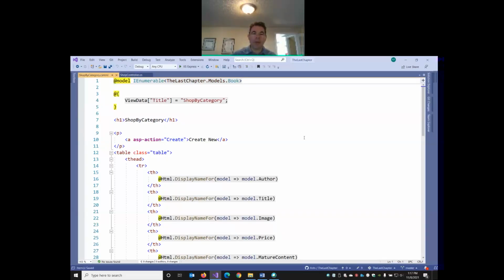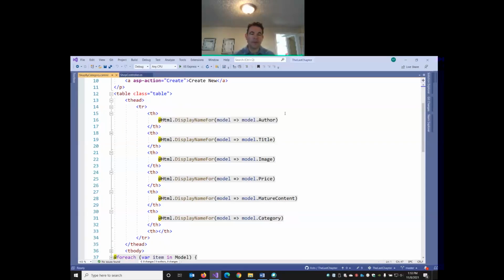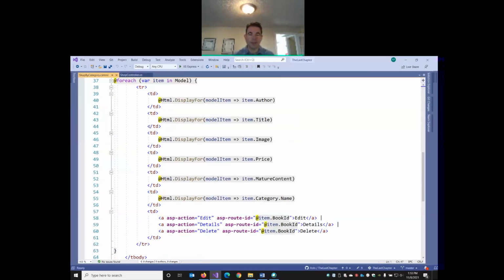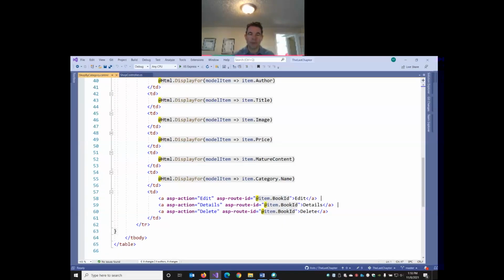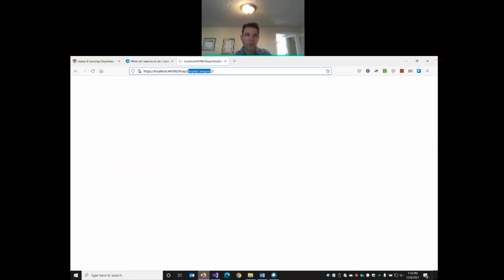So we're going to want to make a bunch of changes here, but we get a model, an IEnumerable of type Book. This page receives a list of books. We've got a heading, a Create New, which we're going to get rid of. And then we've got an HTML table that loops through all the books. So we're going to simplify a lot of this, but I'm just going to try it. So now if I just refresh,